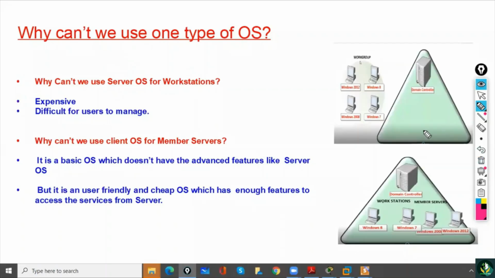Okay, and why can't we use the client operating system for member servers? Okay, so this client operating system is a basic operating system which doesn't have the advanced features like the server operating system, but it is a user friendly operating system and it is cheap, which has enough features to access the services from server. So that is why we don't use